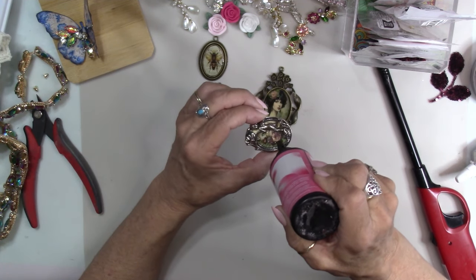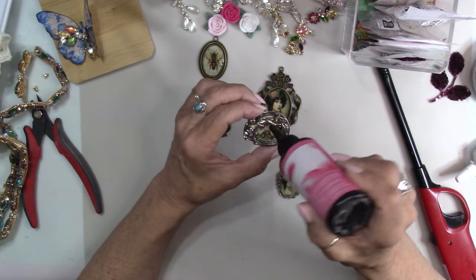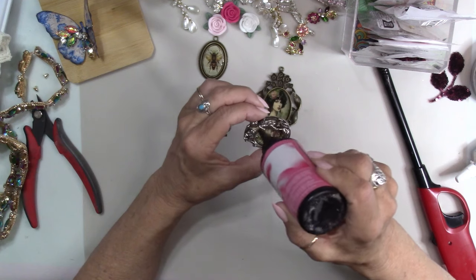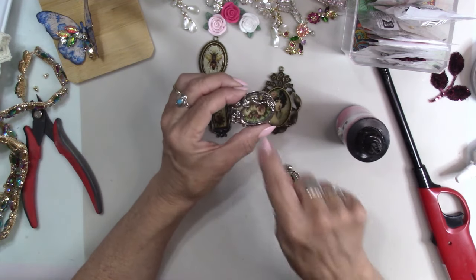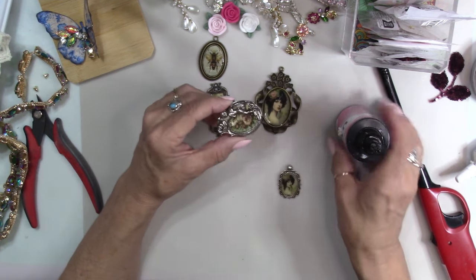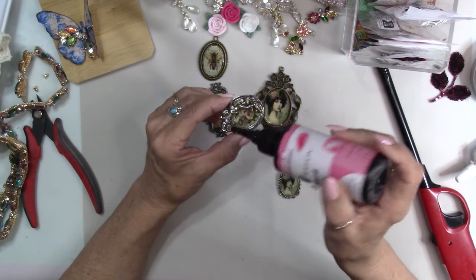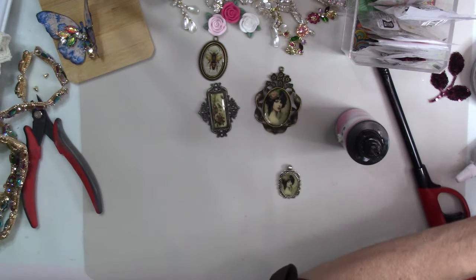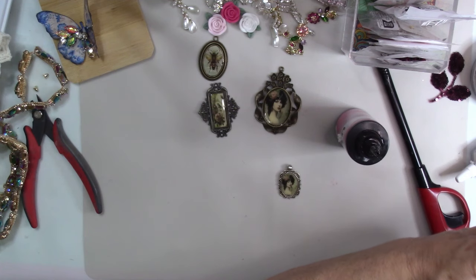I'm going to try and get this to pop under. I got to get it up under that area where it goes from one side to the other where the angel is. So I'm going to have to just kind of do this because we also have, if you remember, that stick in the back that we stuck the image to at one point, and that's right across here. So I do have to just squeeze the resin in on the other side. Okay. And so I think that looks pretty good. Let me look under my lamp. That looks really good, actually. And we're going to pop this under the lamp